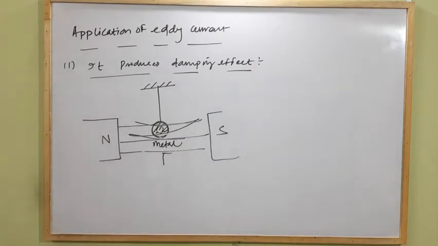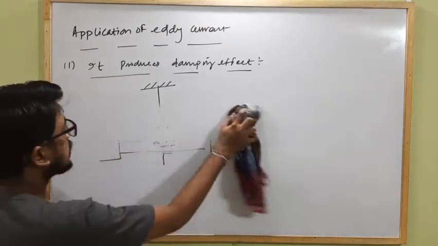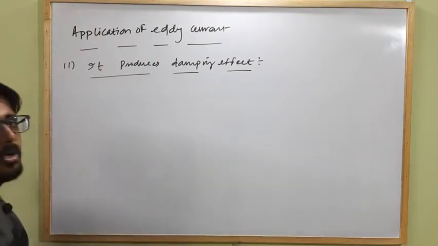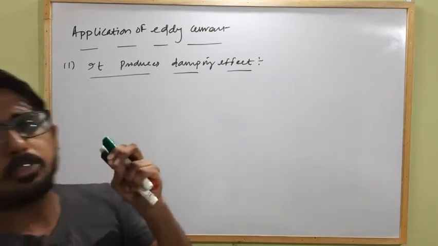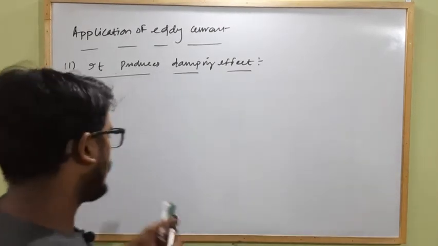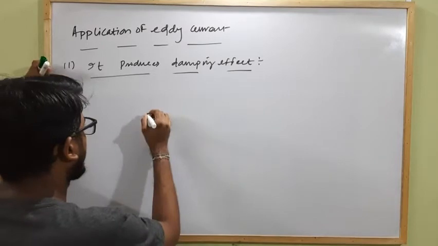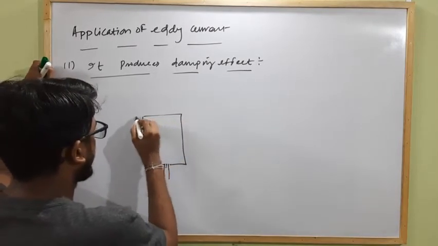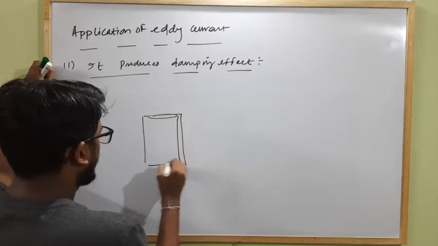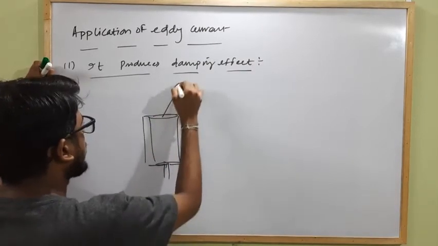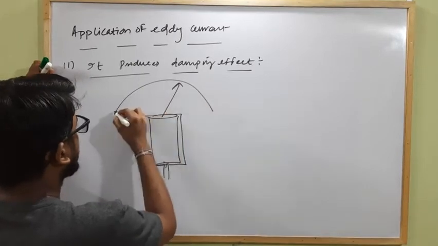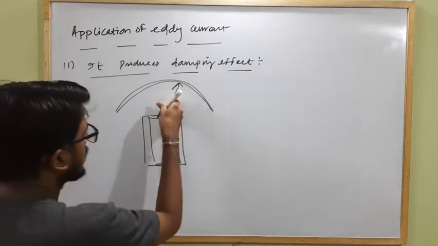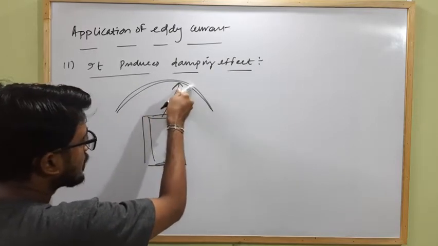dead beat type galvanometer. So we already studied galvanometer. In a galvanometer, we use it to measure a very small amount of electric current in a circuit, and we already know in a galvanometer there is a current carrying coil, which is wrapped over a soft iron core, and above this coil there is a pointer which is calibrated with a scale, and when current flows through it, this pointer starts to deflect, and as